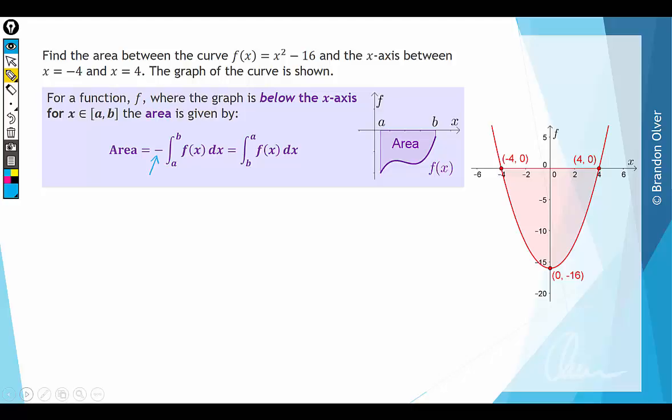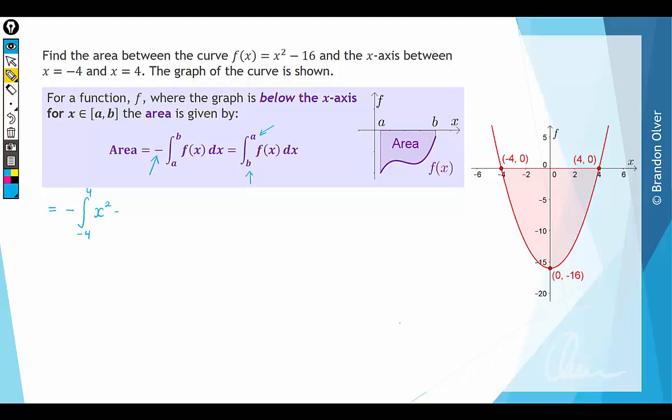Or alternatively, if you don't want to introduce the negative sign, you can swap the terminals. So here we integrate from b to a instead of a to b. So that's two options for making sure that you get a positive area out for this calculation. For this question, I'm going to use the first option, where I'm going to use a negative sign to make the answer positive. So I'm going to have negative the integral between -4 and 4 of the function,